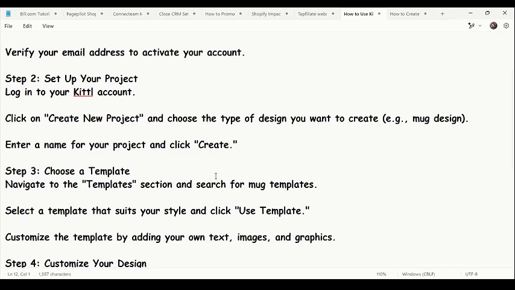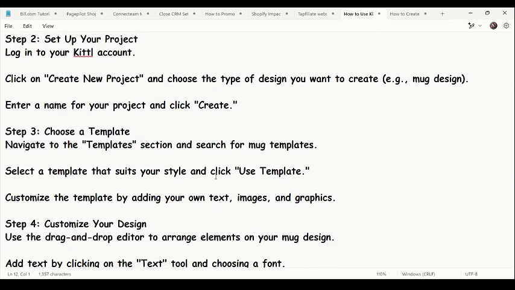Then on step 3, you have to navigate to the template section and search for mock template, then select the mock template that suits your style, then click use template, then customize the template by adding your own text, image